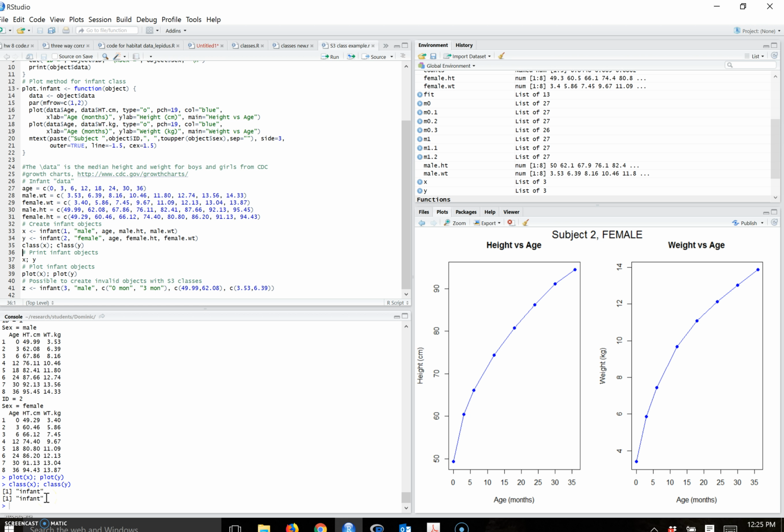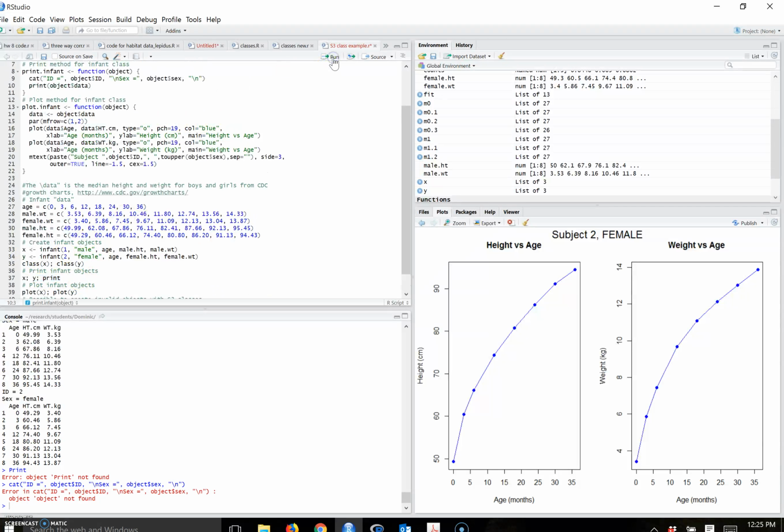So that just confirms. If we print those results, you see it right there, but I'll print it out again. We see the data formatted according to the print definition for that infant class. Let's just take a look at what our print definition looks like also. So notice if I run these objects all together,